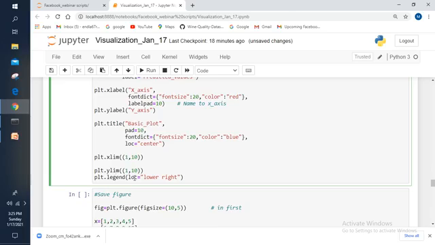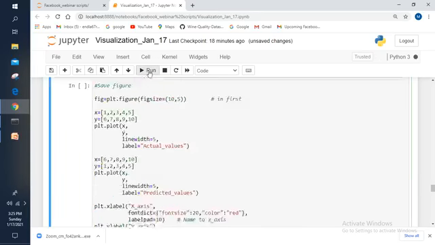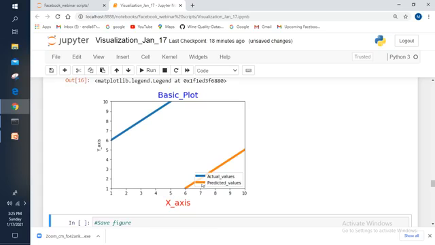Inside the legend function, I'm passing the parameter loc, that means location, as lower right. Now let me execute this one. See, this blue line represents the actual values and this orange line represents the predicted values.